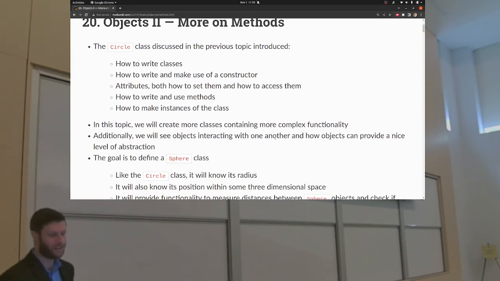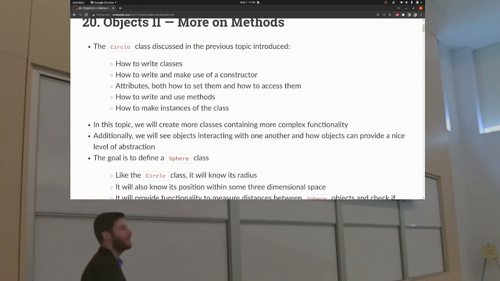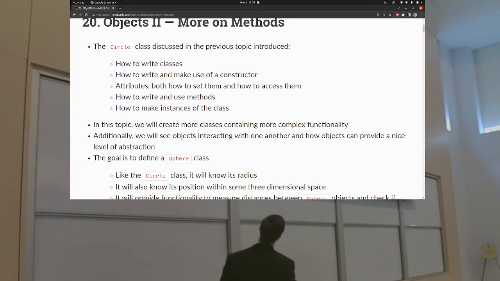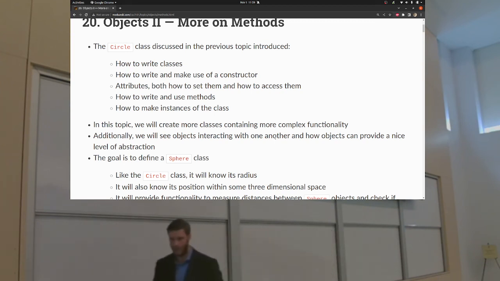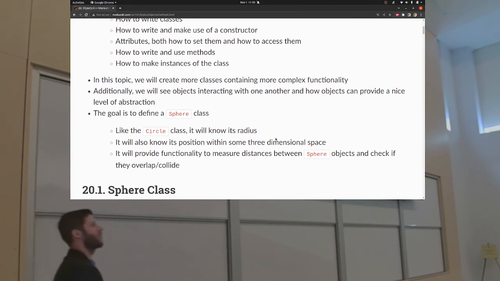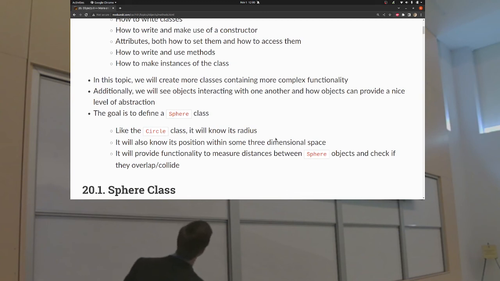So we saw how to write classes, how to write and make use of a constructor. We learned about attributes, how to set them, how to access them, how to write and use methods, and how to make instances of the class. That's what we've seen so far. What we're going to do is make more classes with more complex functionality. And right now,